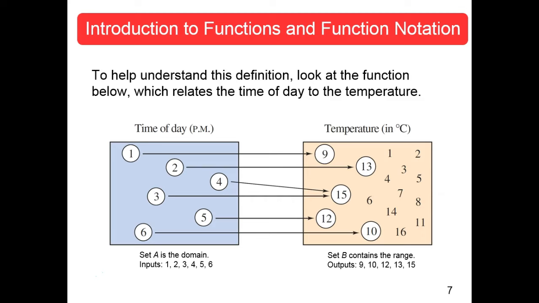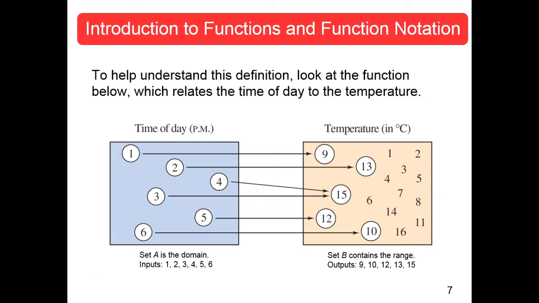These are the times of the day in the afternoon, 1, 2, 3, 4, 5, 6. So those are your what? Domain. This set of times here is a domain. And you've got a thermometer out on the tree there, okay? And at 1 o'clock, you're going to check that thermometer and see what the temperature is. Now, sadly, we bought one in Celsius, not in Fahrenheit. So these are Celsius temperatures. And this shows that at 1 o'clock, it was 9 degrees Celsius.